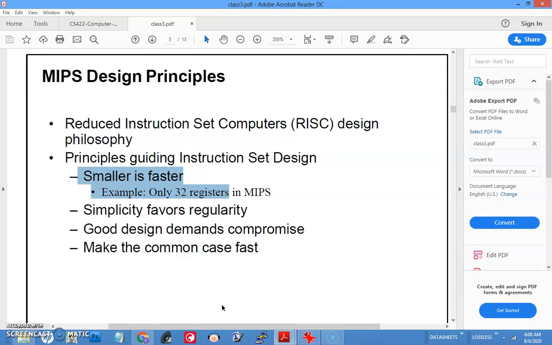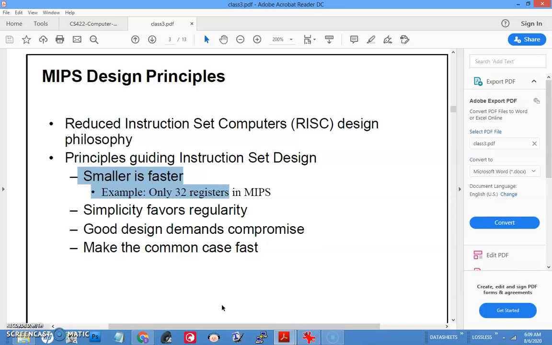So we have got only 32 registers, each having 32 bits. Why have they not made it 64 or 128? Because as the register size increases, it takes longer to read the content. So when you have larger registers, it becomes time consuming to read the contents. It slows down the computer.